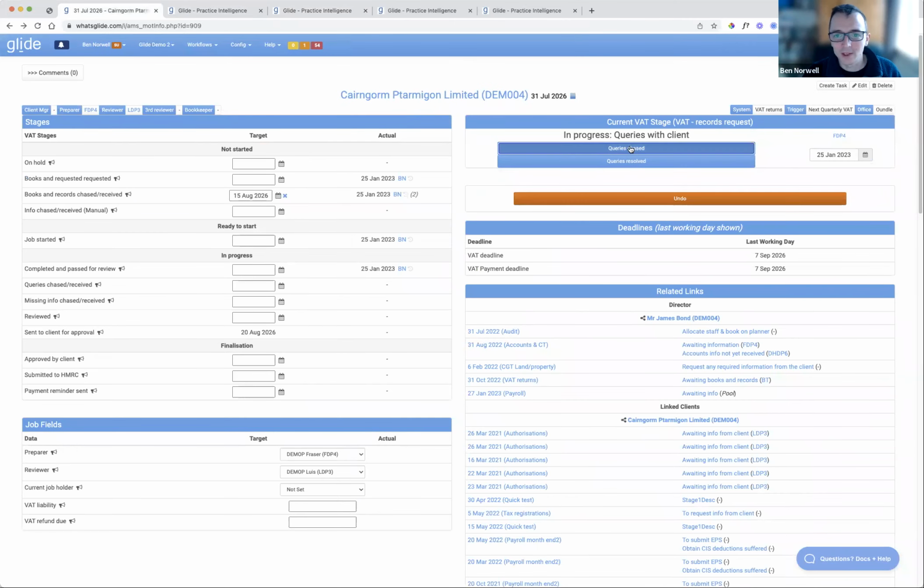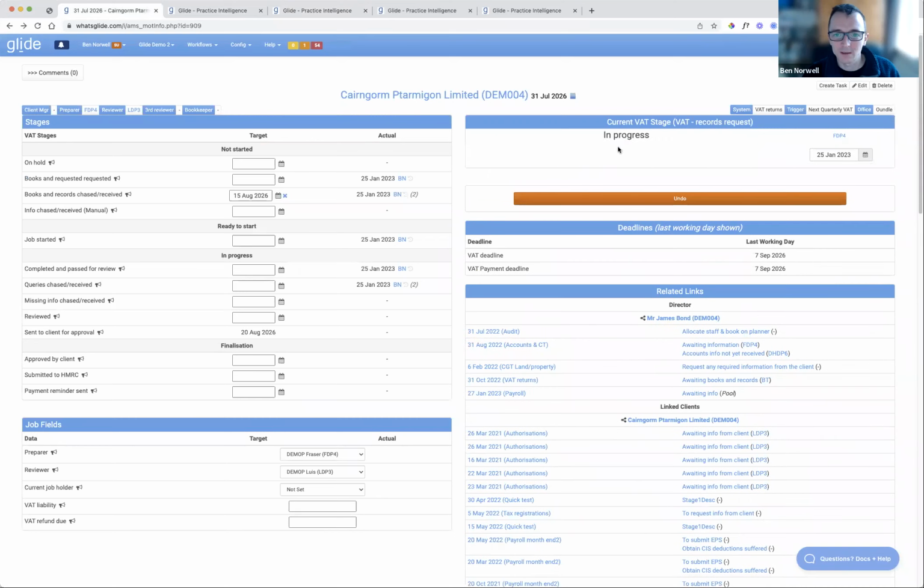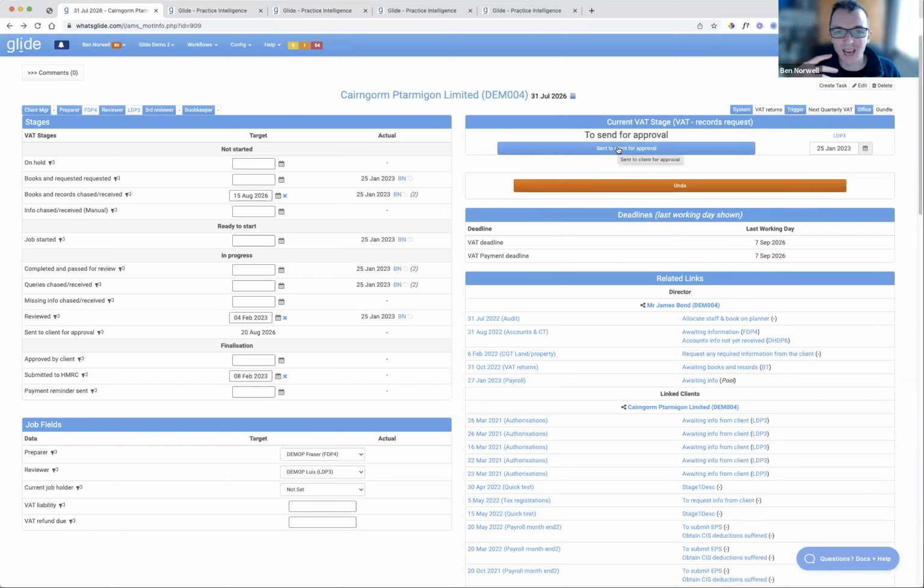Yeah, queries chased, queries resolved. We've pinged back to in progress. Let's go for review. Okay, to send to client. Of course, that probably could trigger a message, although let's be clear here about what Glide really is good at and where you might not use Glide to send an email. Sending out a VAT return,